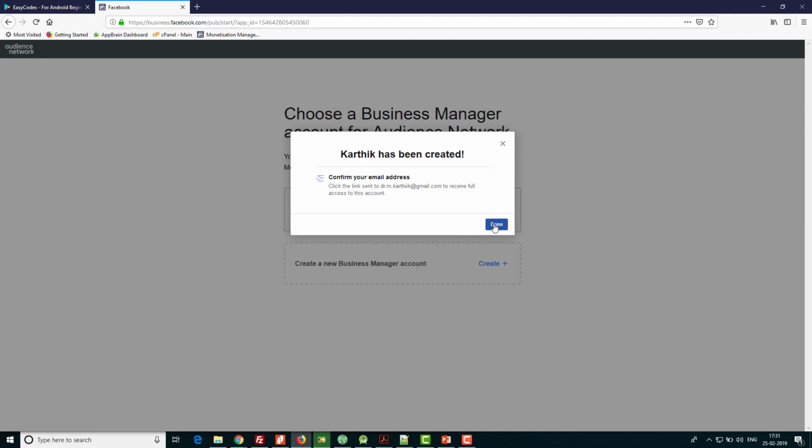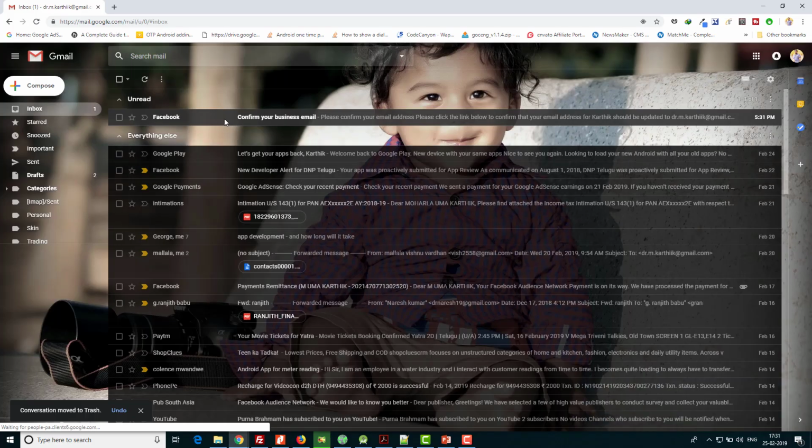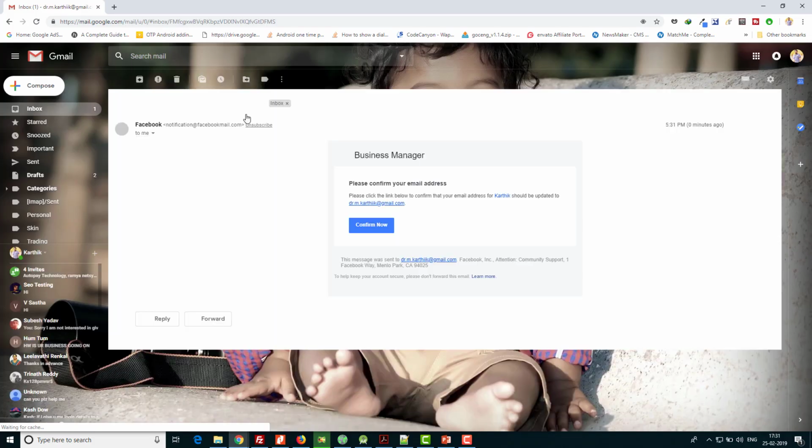You will get an email to confirm and verify. I got an email from Facebook here. You just click on the confirm now button.